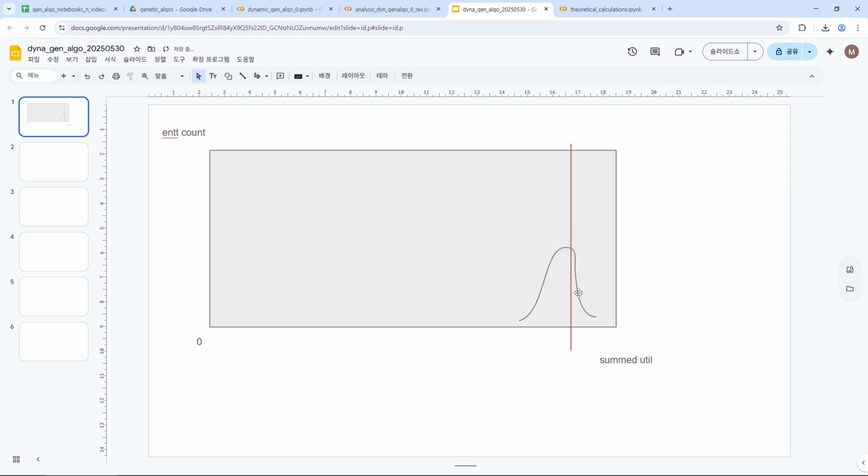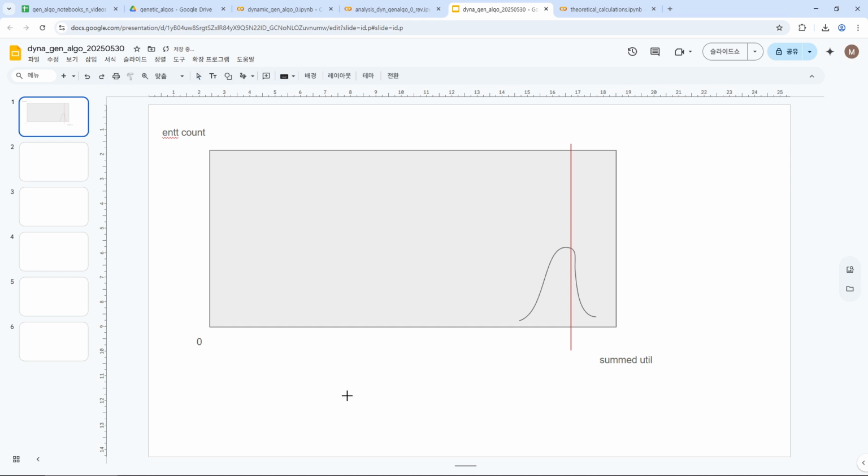Okay, so the entities would have all those generations to converge. For example, if the hyperparameter generations was set to 500, the entities would have all those 500 generations to converge, and that would cause the entities